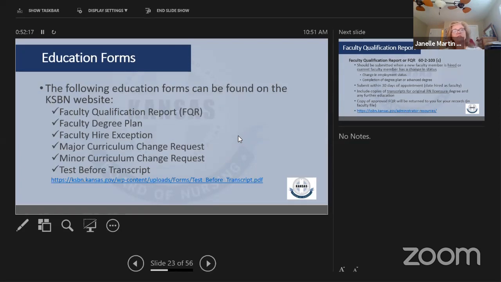You're going to hear a lot about these if you haven't already. The faculty qualification report, the degree plan hire exception, and the curriculum change requests and test before transcript, which I think Ray's going to talk about a little bit. These are the forms in terms of education that you probably will be using the most. And the FQR probably is the biggest one there.